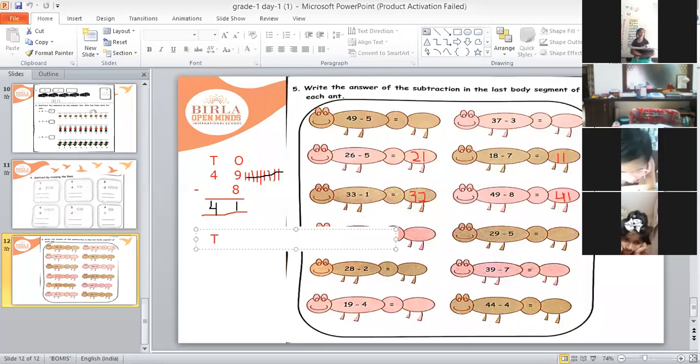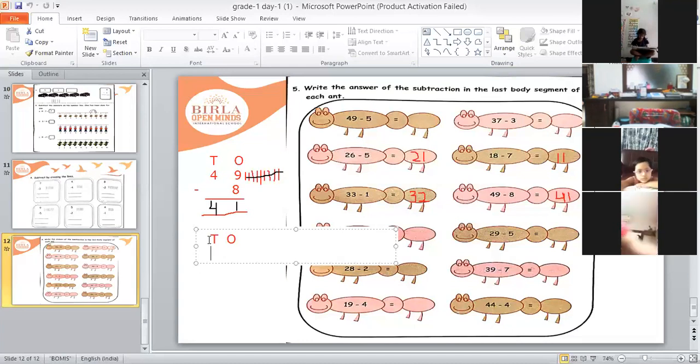Minus 5. No. Not this one. Before that, what is the question? Before that, 18 minus 7. Wrong. Seventh bit. What is that seventh bit? 14 minus 3, ma'am. 9 minus 3. This is 9 minus 3. Question is 9 minus 3.